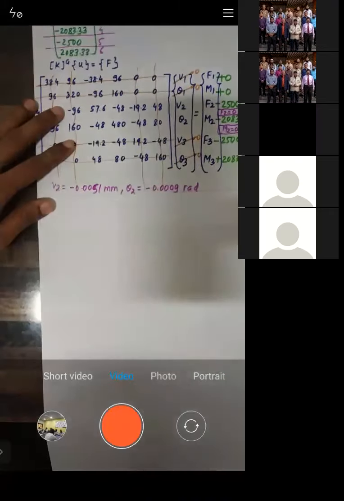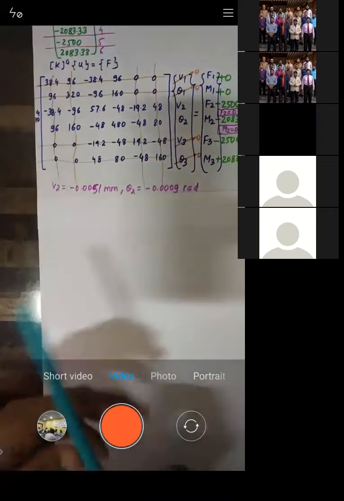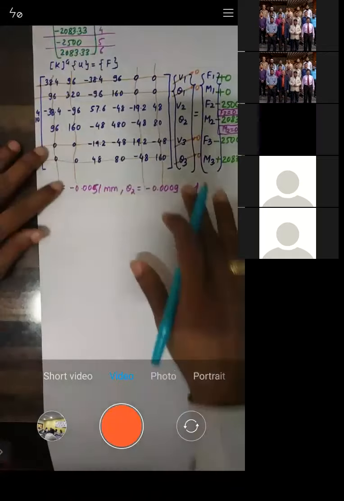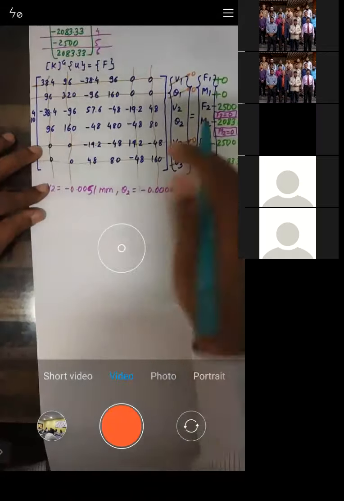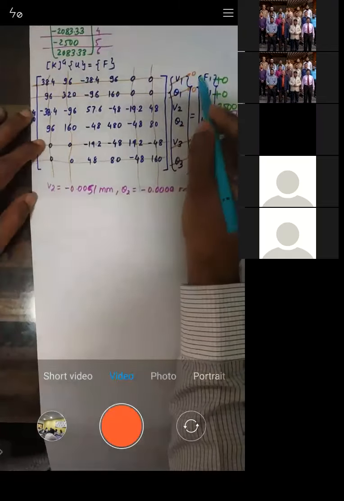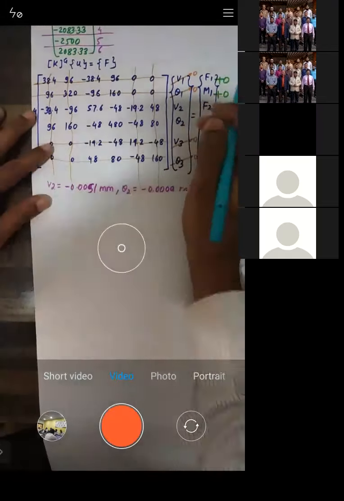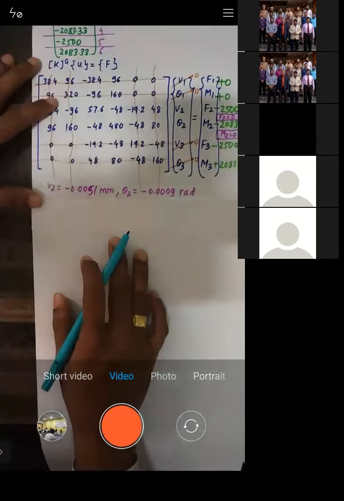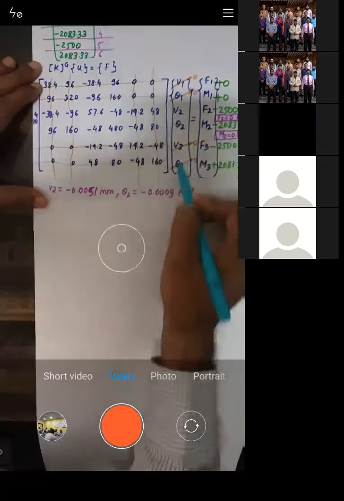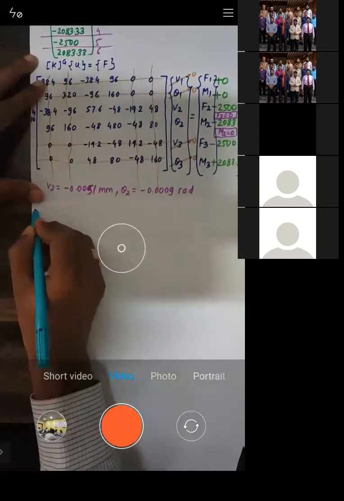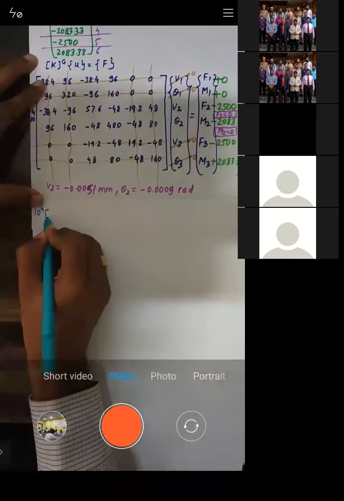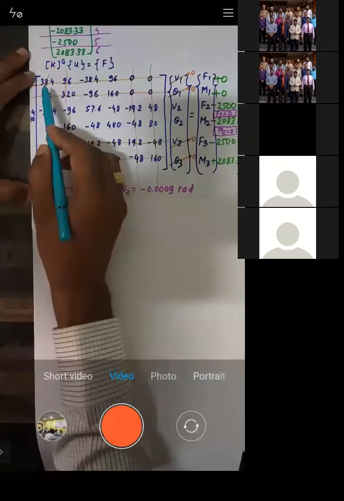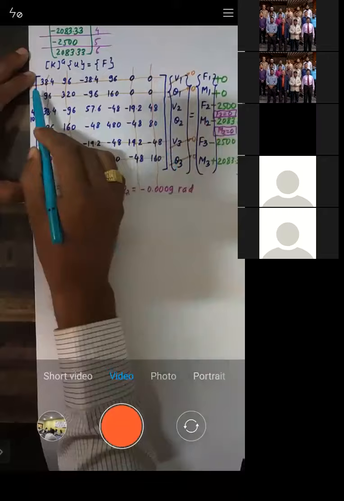Now let us calculate the reactions. At the point where the displacement is 0, at that point we will get the reactions, right? So U1 is 0, we will get F1. How to get F1? In order to get F1, we need the first row multiplied by this column. The first row, 10 raised to power 4 is outside, you need not forget about this one. First row into this column.